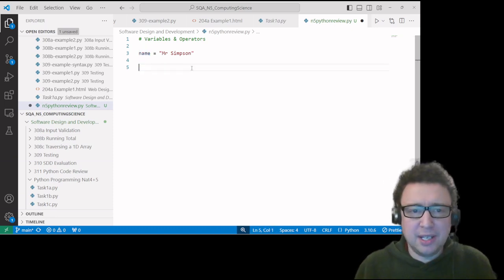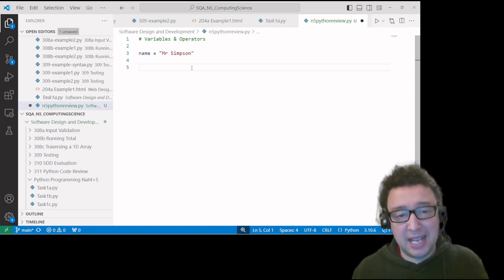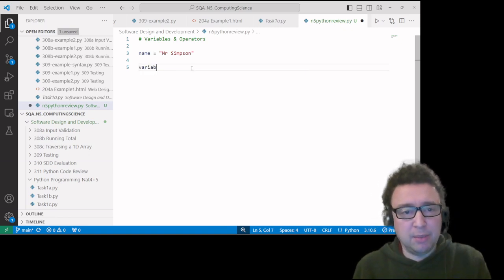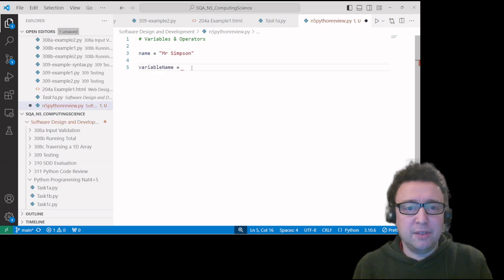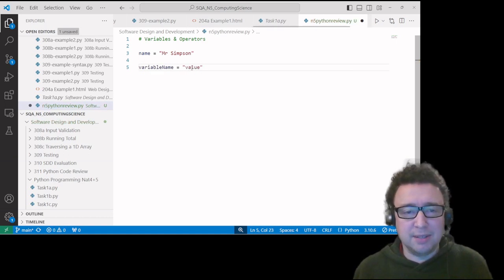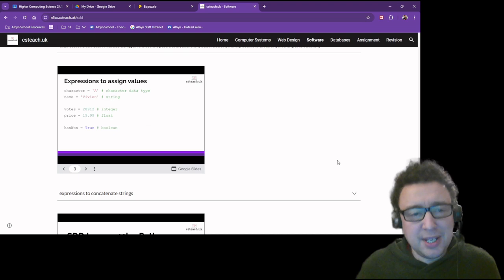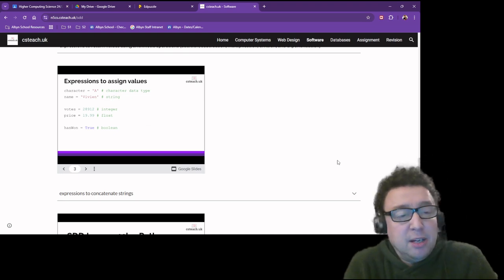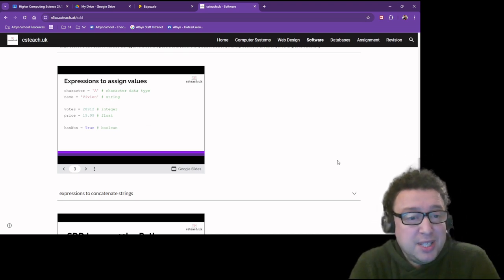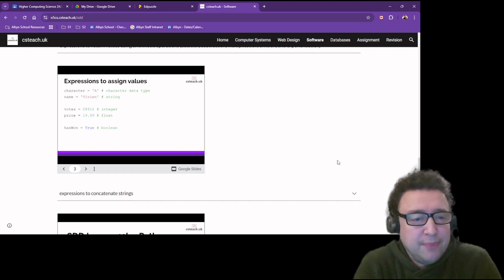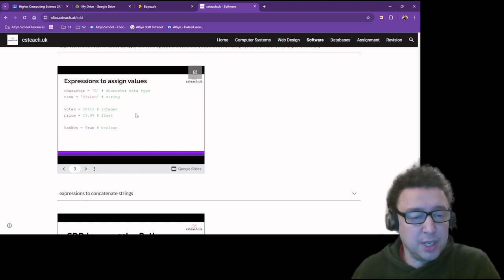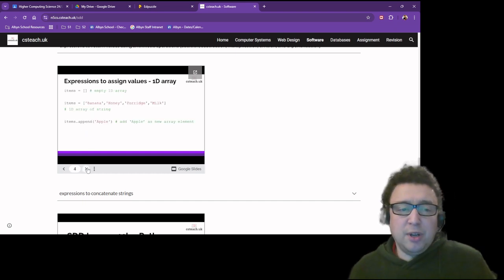So when you're defining and declaring variables and setting the values, always have the variable name on the left and then the value on the right. Other examples include setting up data type character, which is just a single letter string. We've got integer values, floating point values, and Boolean values, which is true or false. Remember in Python, capital T or capital F for a Boolean value. And then with our 1D array,